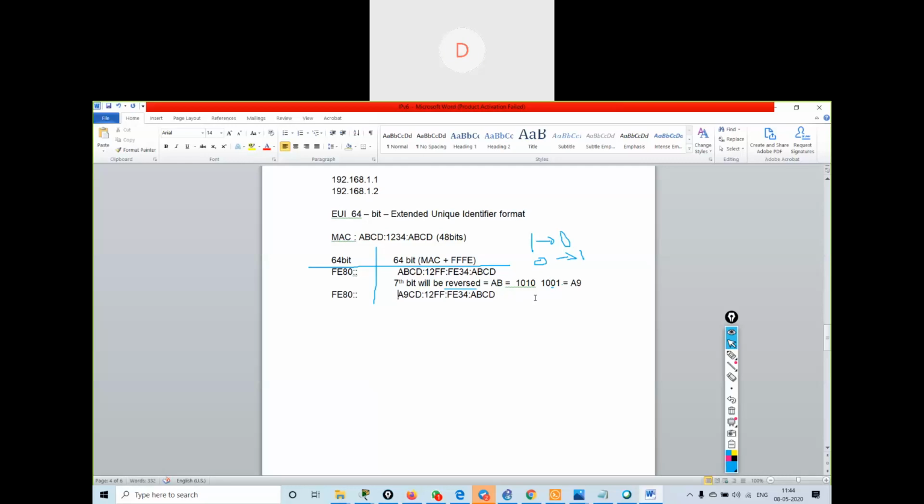Okay. So see what I told you: whatever my MAC address is, the seventh bit of the MAC address will be reversed. Seventh bit will be reversed. So reversed means, here, if you remember my MAC address, this is my A. So how do you write A in a binary number? If you want to write A in binary, you will write it like this: